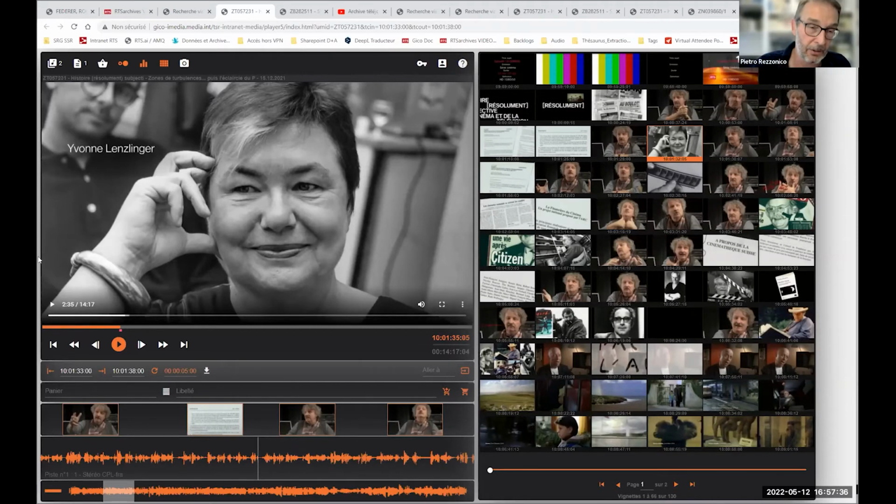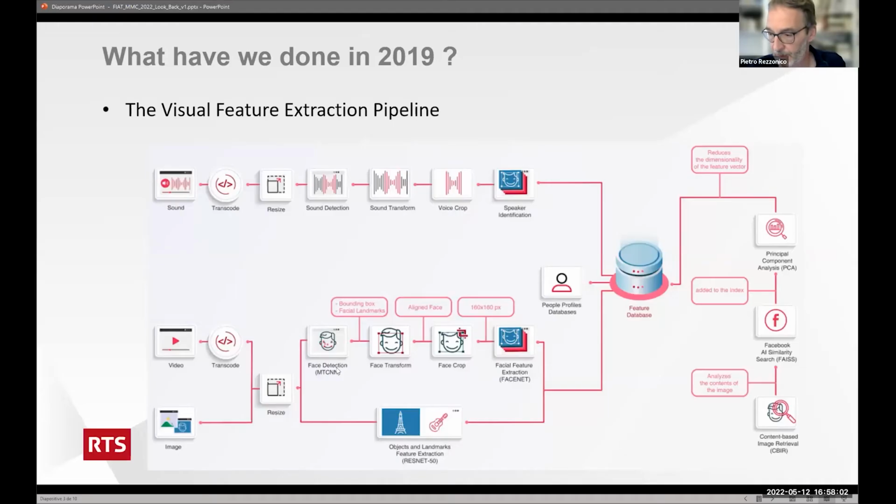I have a lot of examples with visual search because it became a very used tool, very performing in rights management or to find everything in the database by picture. So I come back to the presentation